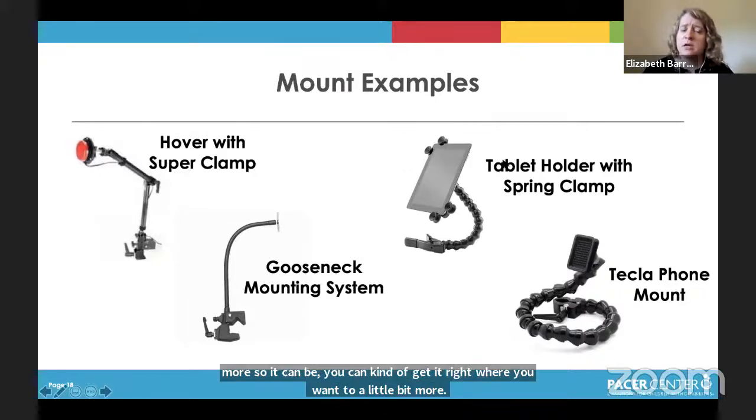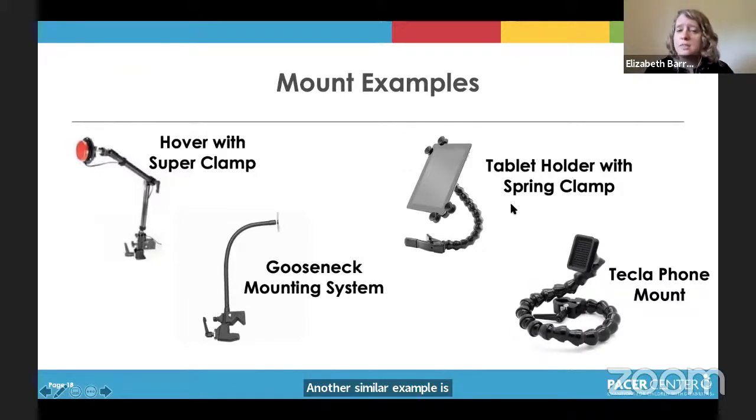Another similar example is called modular hose, and that is what is used in this tablet holder with a spring clamp. The modular hose is a little different than the gooseneck in that you can make it however long you want and add the pieces how you want. So you can add pieces of this modular hose to make things longer or shorter. You can use different clamps,